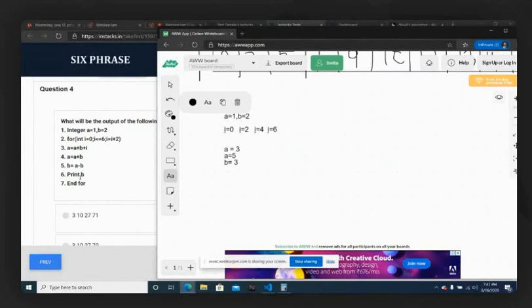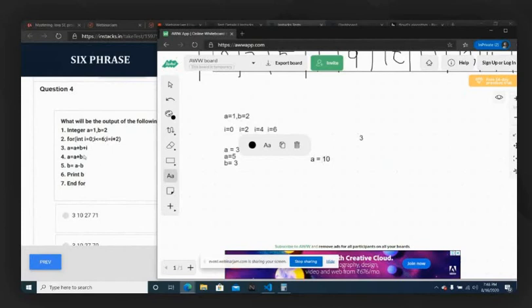So after doing this, you print your B value. What is your B value? 3 is your B value. So you print 3. And after that, you go to the next step where I is equal to 2. When I is equal to 2, A equals A plus B plus I. What is the present A? 5. B, 3. 5 plus 3 is 8. 8 plus 2 is 10. So your new A value will be equal to 10.